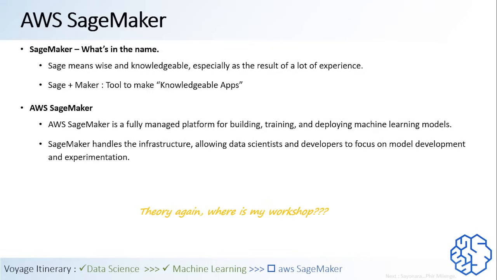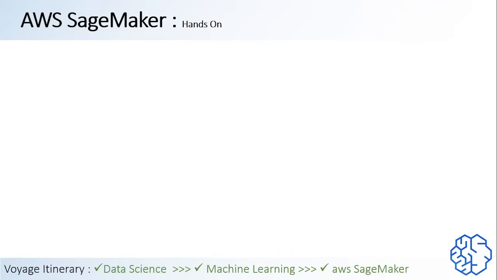Theory again. Where is my workshop? It's coming. I think we are pretty much done covering everything at the introductory level that we wanted to do. So in the next video, we are going to jump right into the world of SageMaker. I'm going to tell you how to create an AWS account, how to log into SageMaker and build your very first machine learning program. So till then,